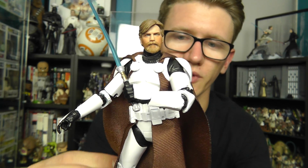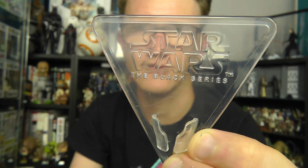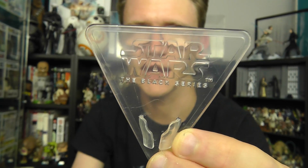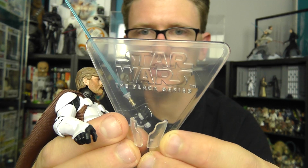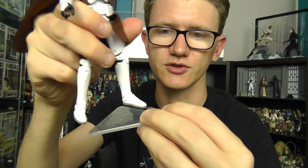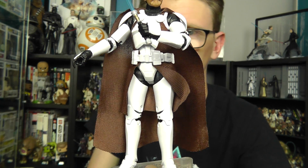Now Obi-Wan does come with another accessory, but as opposed to an accessory it's more of a display aid in many ways, and it's one of these things. This is a display stand which has been included with many Black Series 6-inch figures recently, including Luke Skywalker from the Trash Compactor in A New Hope, and also the Imperial Jump Trooper from Star Wars Rebels. It's just this triangular, clear, transparent piece, and you've got a slot at the front of the display stand where you can just slip the figure's foot inside, and that just gives you a little bit more stability on your